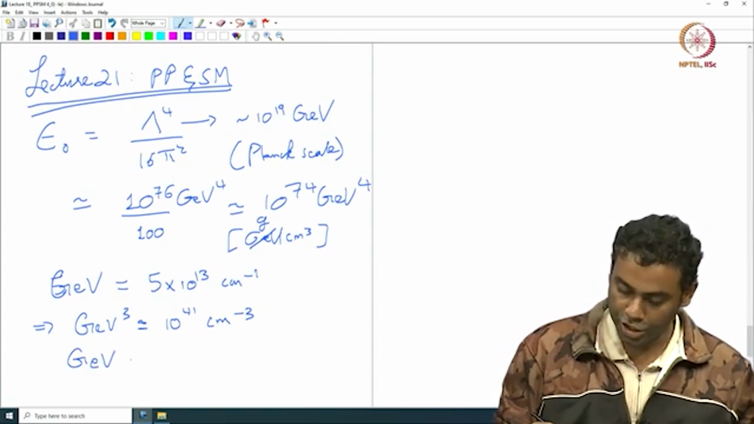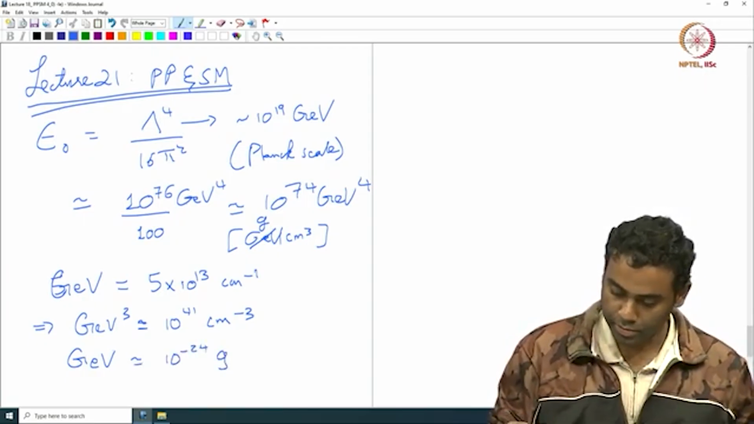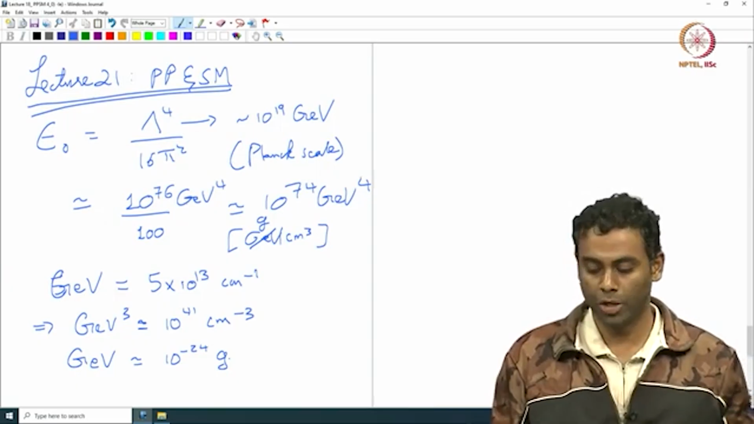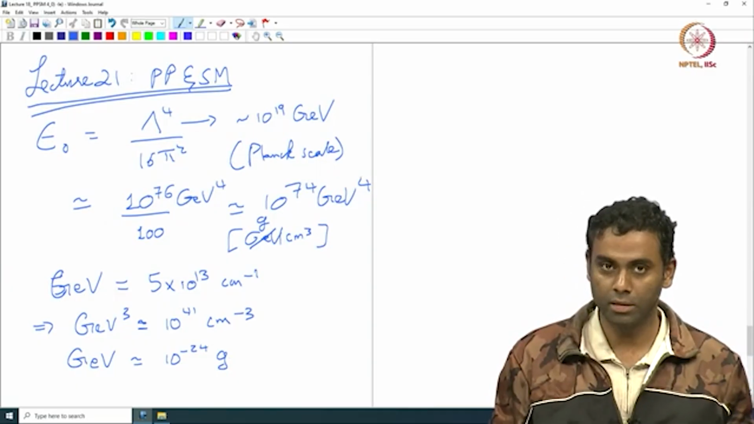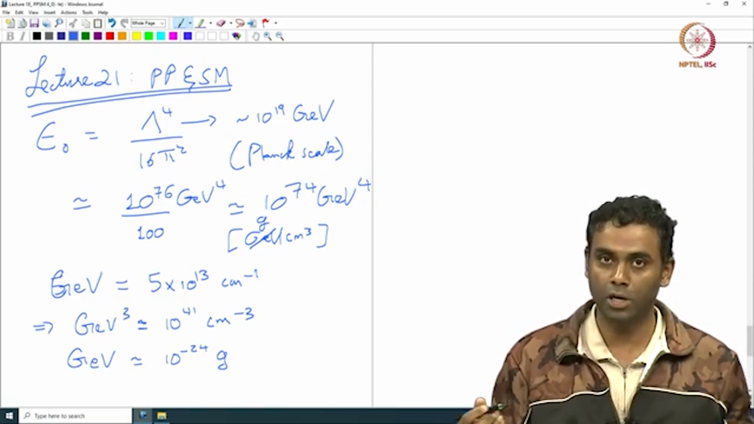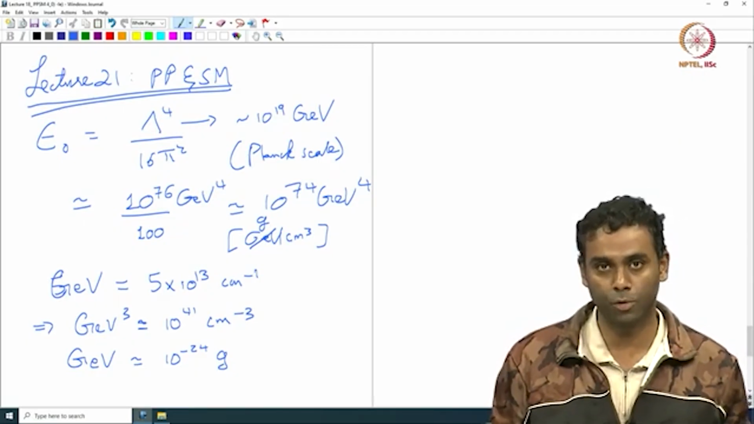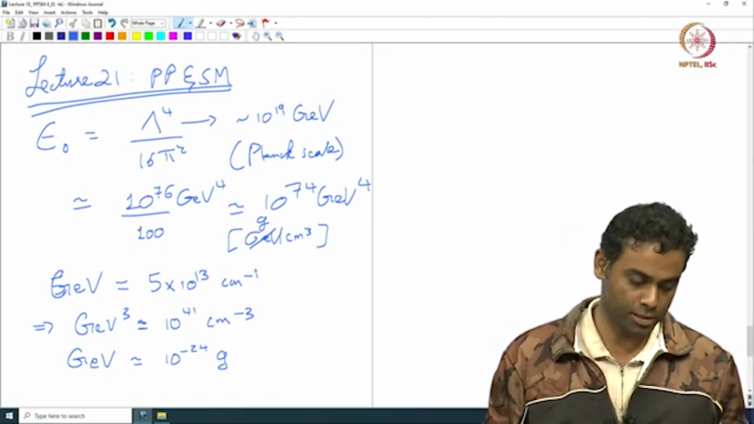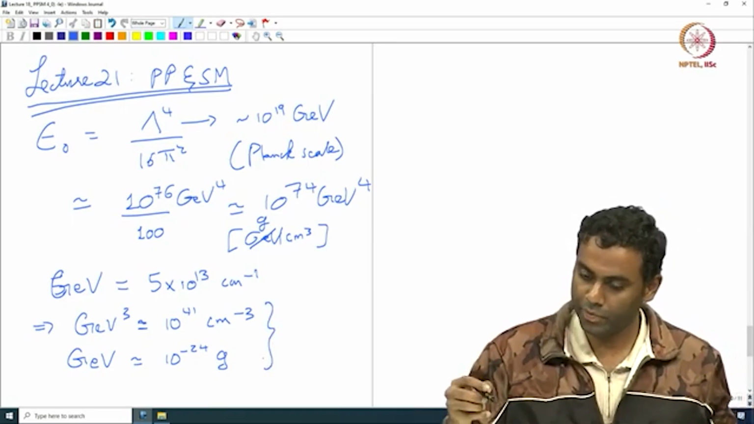I know that a GeV is about 10 power minus 24 grams. Okay, how do I know that? Because I know what Avogadro number is, right? That's 6 times 10 power 23, roughly 10 power 24. And if I have an Avogadro number of protons, what is that? That's exactly what a gram is, because a proton is roughly a GeV, right? So I just use that fact, and when I put this together, what do I get? I get